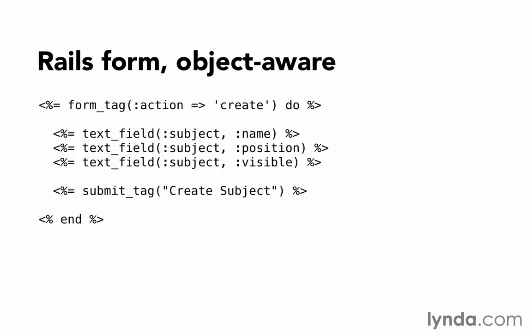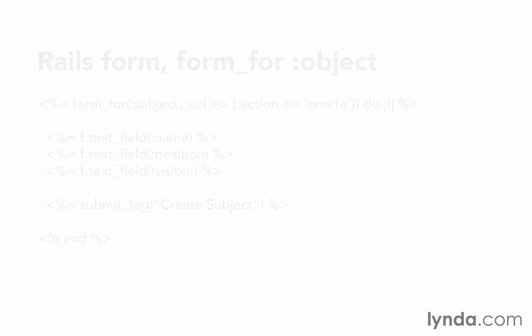Rails continues to make working with forms easier, but there's one more improvement we can make, which is mostly a matter of style. It's a sort of shorthand. Notice that every text field is being sent the subject symbol as its first argument. It gets specified over and over and over. So the name of it is different. Instead of